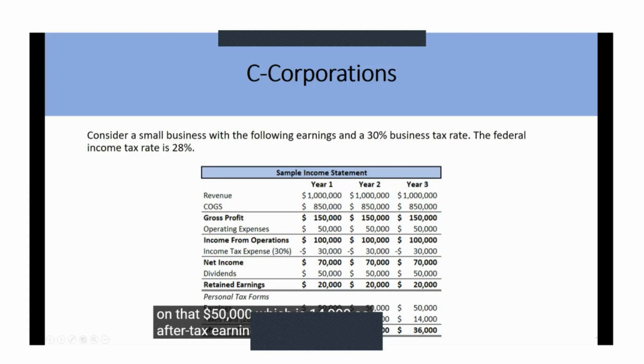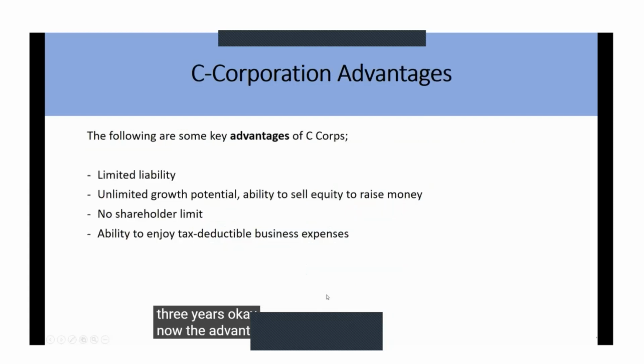So after-tax earnings from all of this money that flowed through the entity, starting at when they first earned revenue to when it was paid out, is $36,000. And so this is done for all 3 years. Okay? Now, the advantages of C Corps are limited liability, unlimited growth potential, and the ability to sell equity to